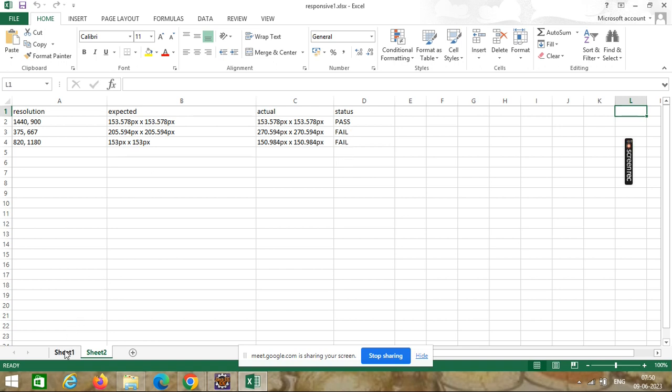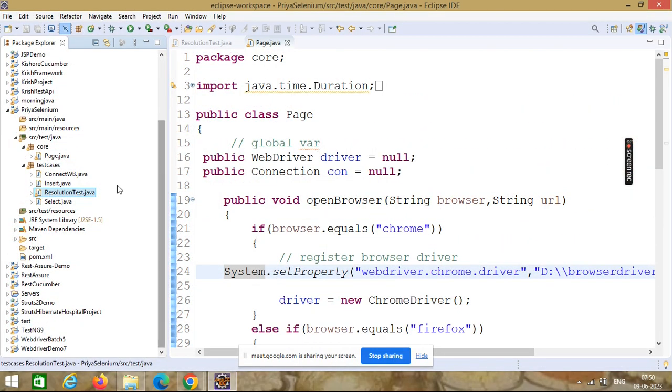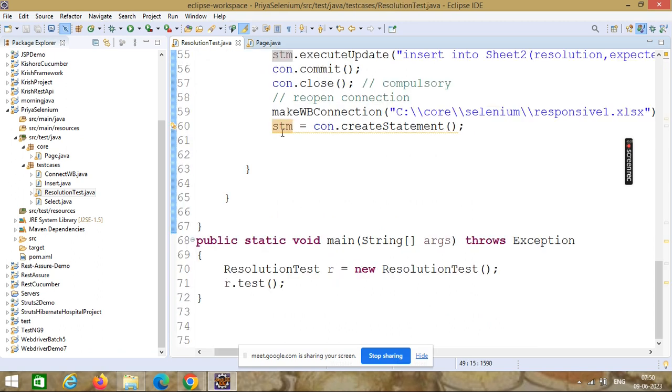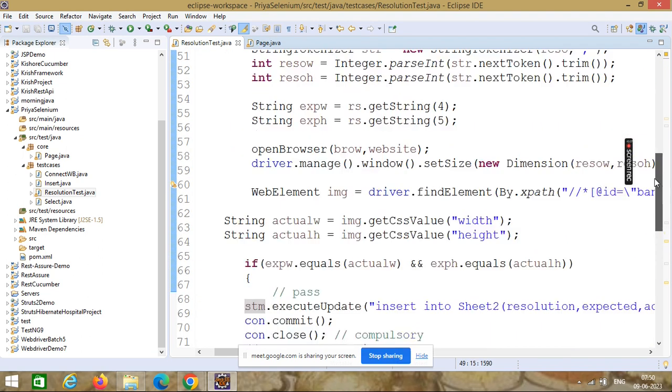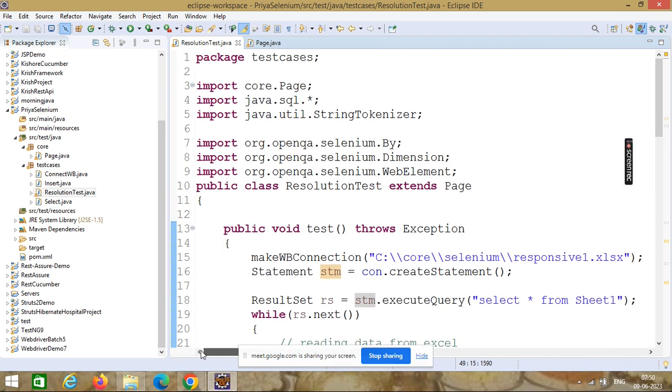So it means we are reading and writing the data in the Excel sheet from the Java application, and this Java application is opening the browser as per the Excel data. So I already explained the program to you. Now you can try this particular example with any of your test cases. I have shown this to you by way of demonstration. Now you can use it with any of the test cases.